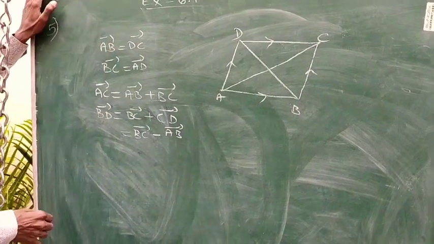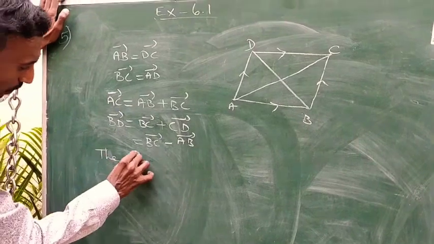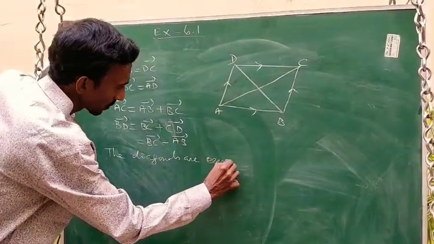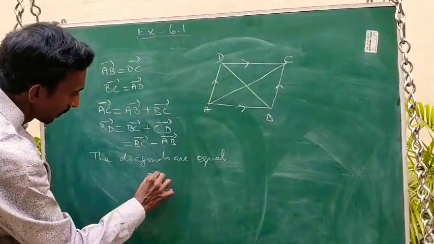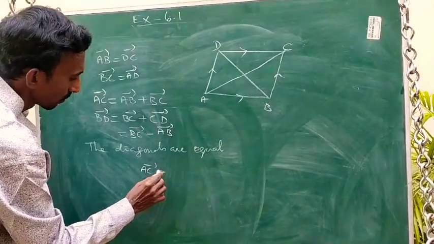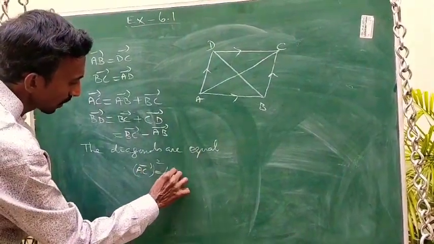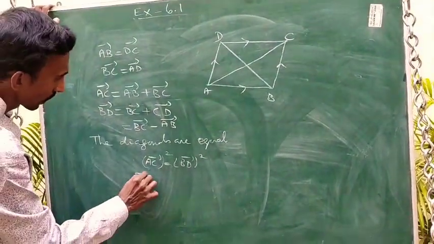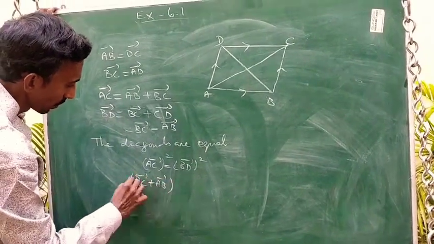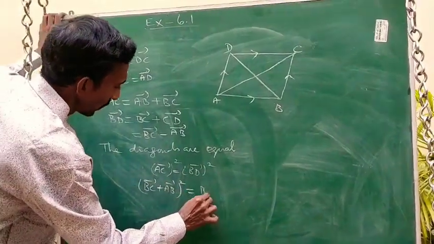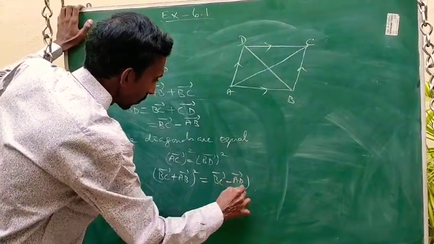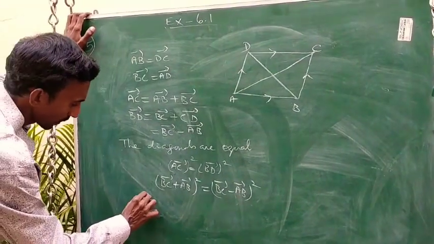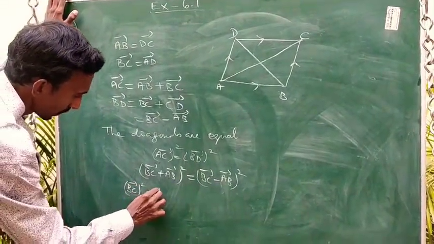So now in this problem, given that the diagonals are equal, so diagonals are equal means modulus of AC square equals modulus of BD square. So what is AC? BC plus AB the whole square equals BC minus AB the whole square. Okay. So ordinary A plus B the whole square expansion. Magnitude of BC square plus AB square,